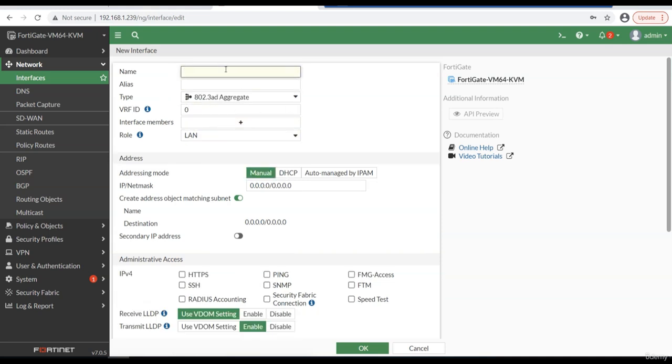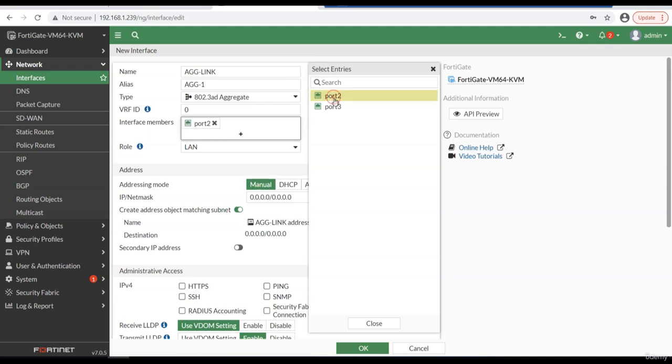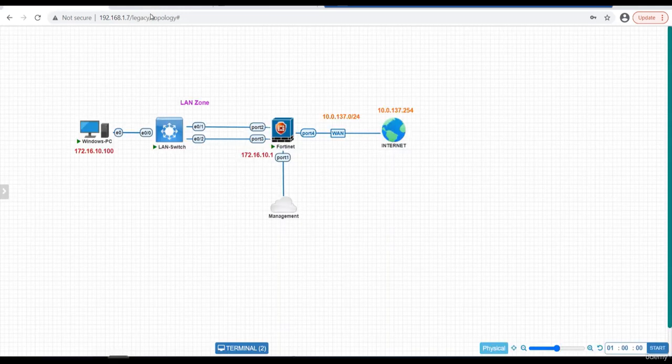Then here, by selecting aggregate link, then aggregate1. It's up to you, you can give any alias name for your understanding. Then when it comes to interface, now we need to define who are the members that are going to be part of this particular aggregate. That's port 2 and port 3, because that's what is available as per our topology,